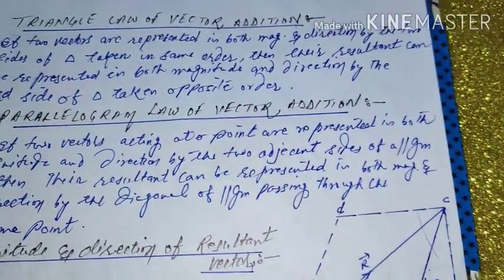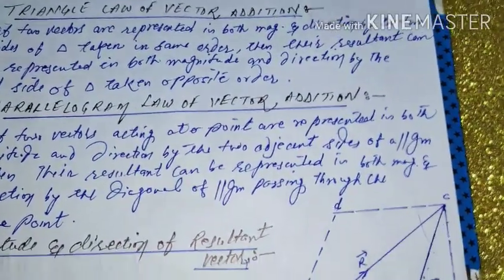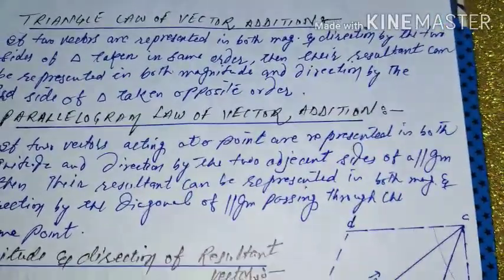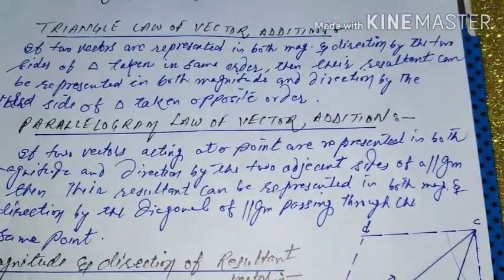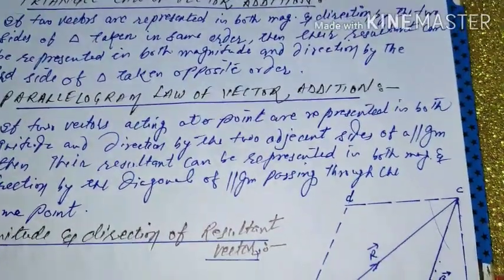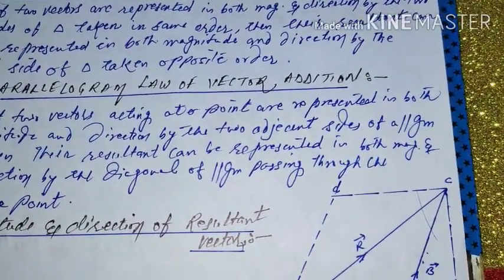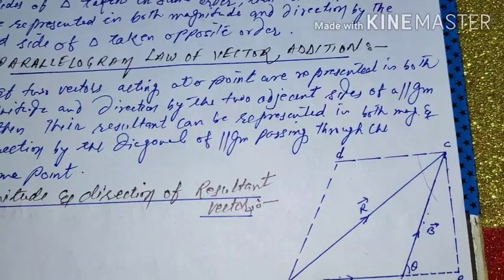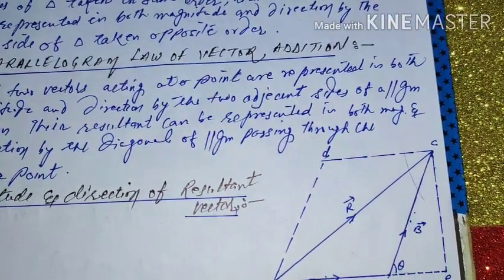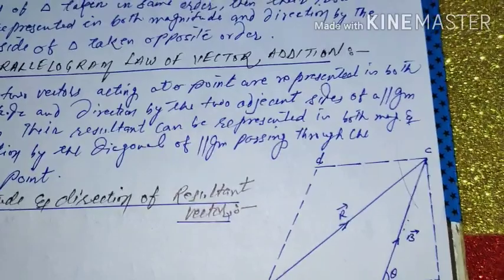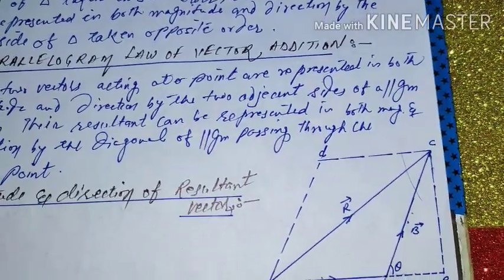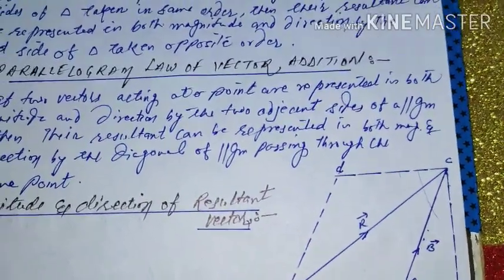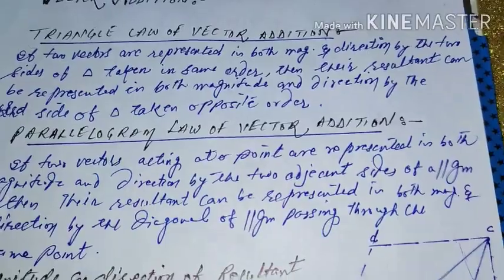So we just complete the definition by these one or two lines. But now the most important thing that I am going to explain: vector physical quantities are the physical quantities which possess magnitude as well as direction. But one more point is there, that their addition or subtraction must be done with the help of vector algebra. They cannot be added algebraically. You have to apply vector laws for the addition and subtraction of vector quantities.